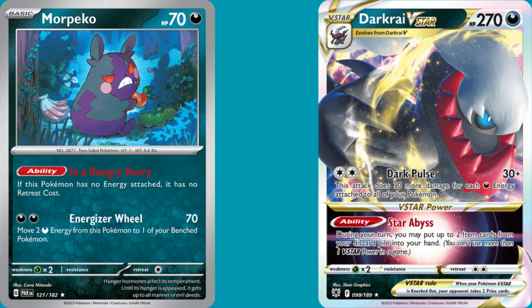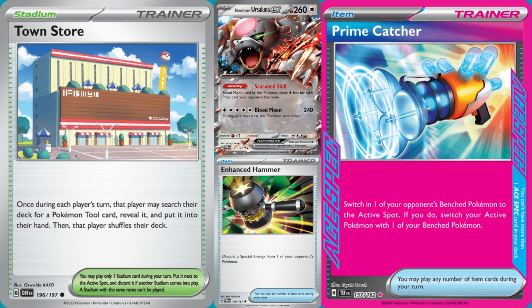Additionally, its V-Star power gets you back any 2 item cards, effectively giving you access to 6 Dark Patches. For other trainers to consider, Town Store gets your Binding Mochi out of the deck because the Pokemon Company are jerk faces and made tools separate from items, so Pokestop is more heartbreaking than ever in this deck. Prime Catcher over Secret Box might not be a bad idea, giving you more gust, but Secret Box just fills